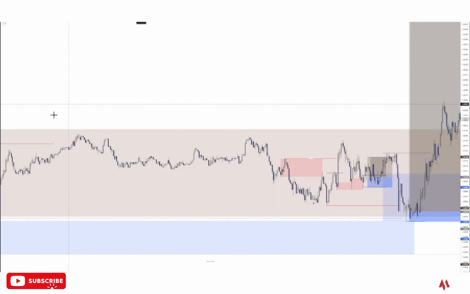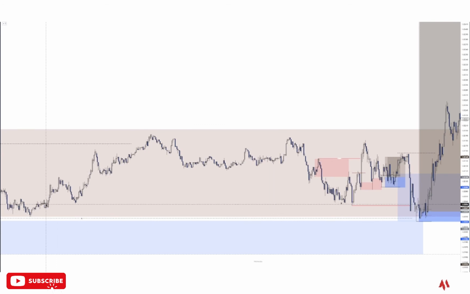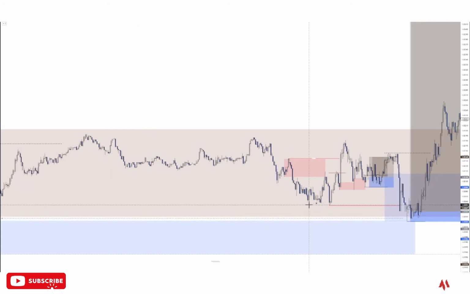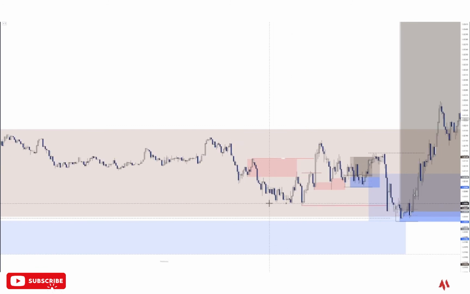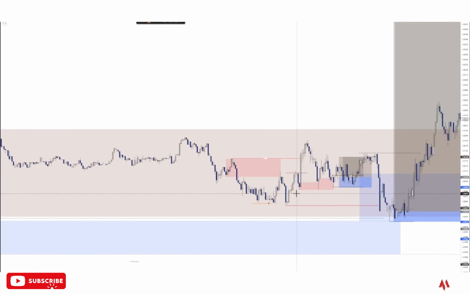Heading into Wednesday, we had our first sign of strength on the 15 minutes, which we marked out our premium and discount pricing. We were waiting for price to get into our discount pricing, into this extreme demand. Which we got into, and we also had our 1 minute liquidity grab,